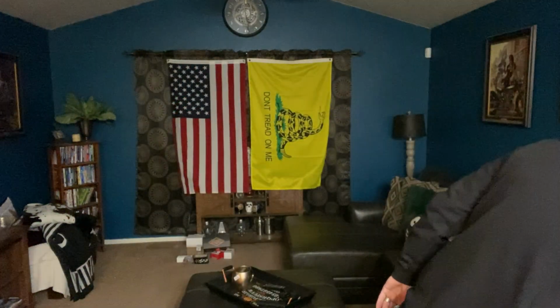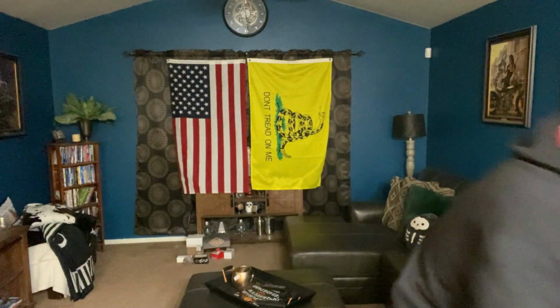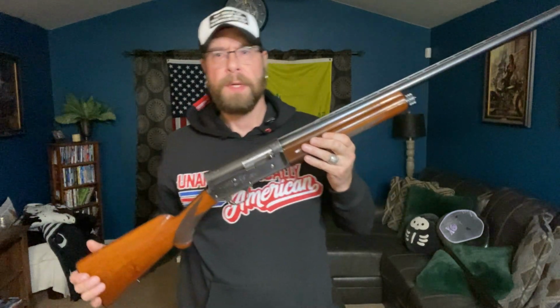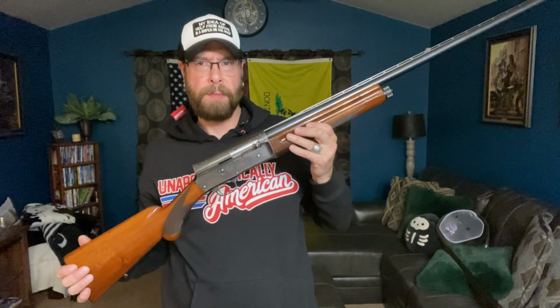At a time period when people were still shooting double-barrel shotguns and pump-action shotguns, he decided to come up with something that had more rounds in it. So in 1900, this was patented, and it was produced by Fabrique Nationale in Belgium and imported by Browning in